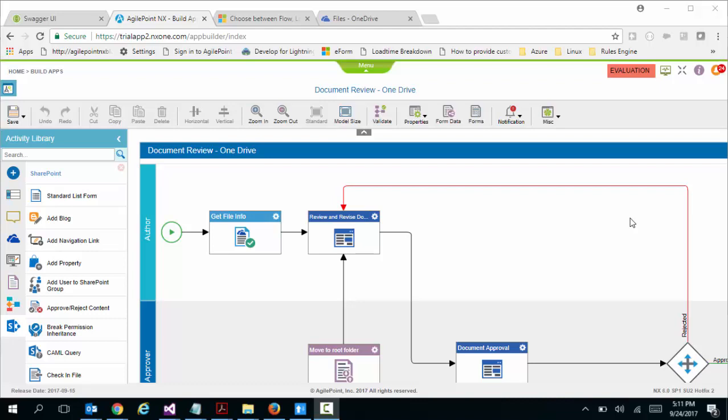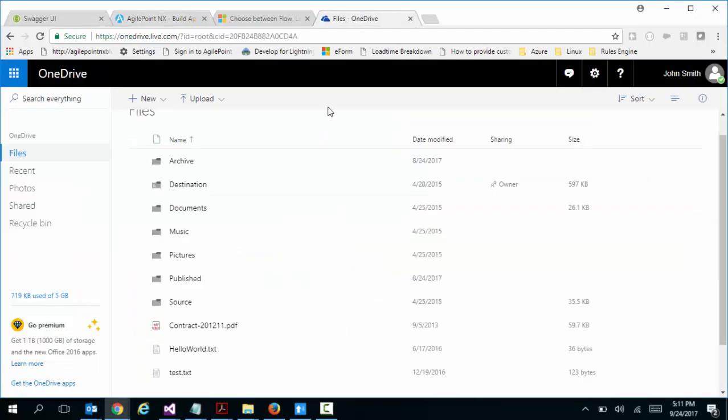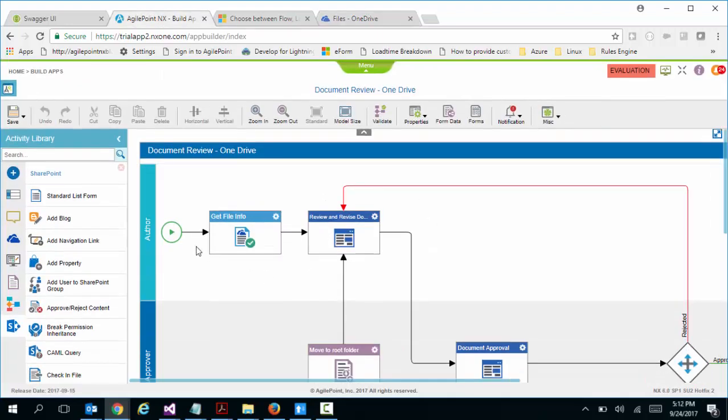For my demonstration today, I'm going to use OneDrive as an example. I have a folder over here. When a document gets uploaded to OneDrive, it kicks off a Logic App workflow. Logic App is continuously monitoring this OneDrive folder, and that in turn kicks off an AgilePoint workflow where it passes in the relevant file information to AgilePoint, and then the AgilePoint workflow gets the file information from OneDrive,